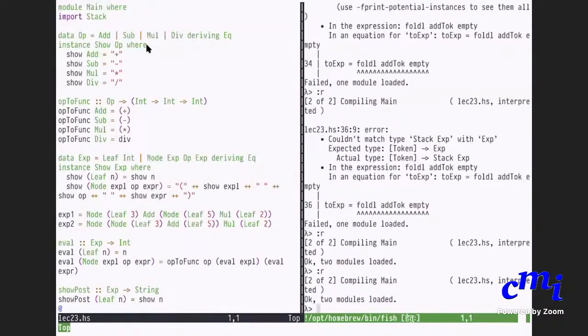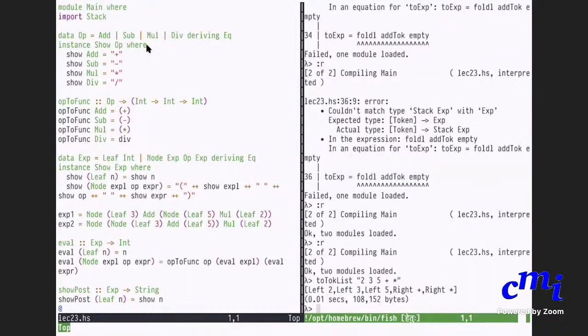Okay, great. So now I can actually do this thing. If I say to talk list of, give me a postfix expression. I'll say 2, 3, 5 plus star. This should give me 2 times 3 plus 5. So first of all, it is giving me this. Then I can say 2 expression of it.